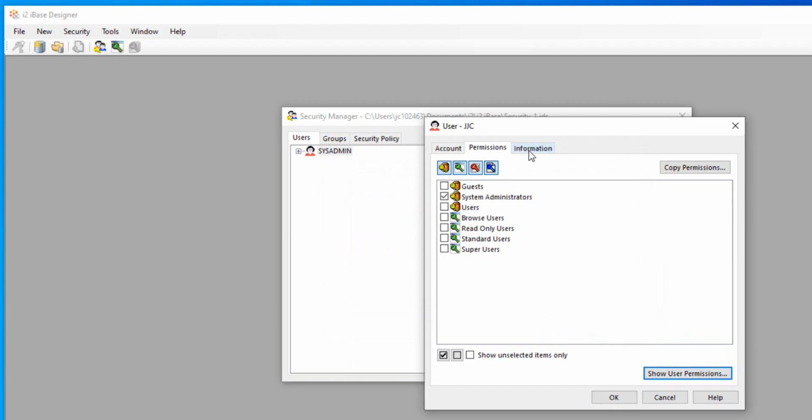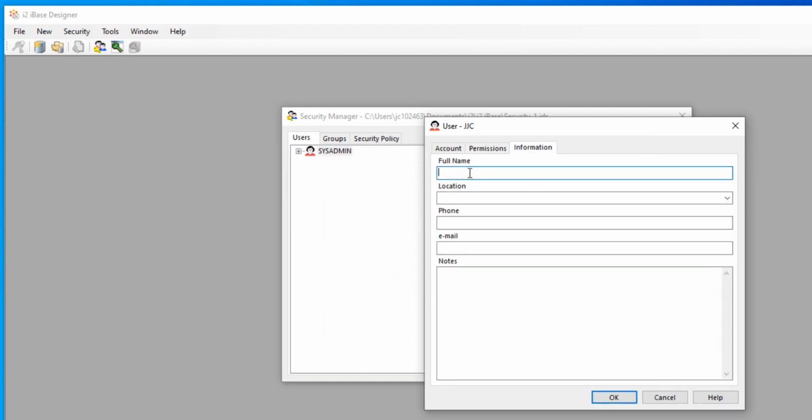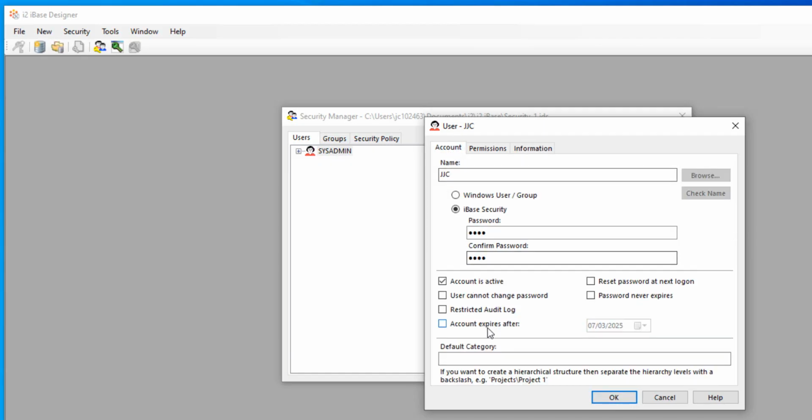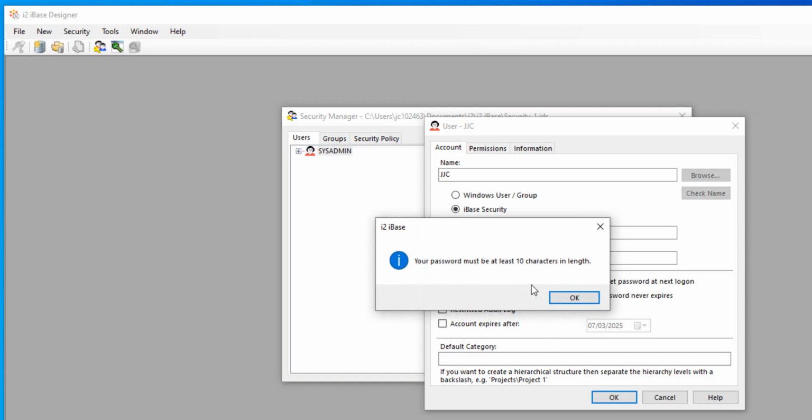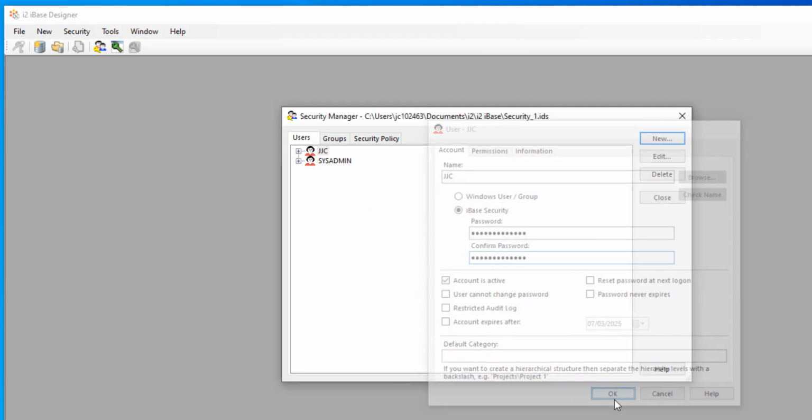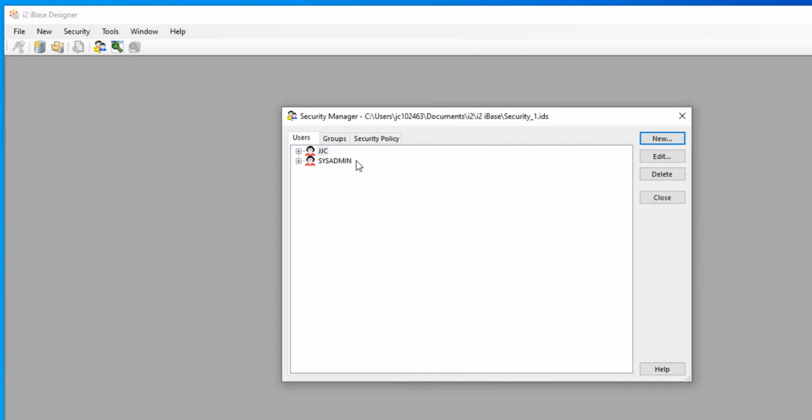Okay, just go back and I can add some information like full name, location, and everything. Go back to account, check that everything is working fine. Okay, and okay. So it's telling me that my password was too easy. It must be at least 10 characters in length. And okay, good. So now I will disconnect from the current account, which is SYSADMIN, and I